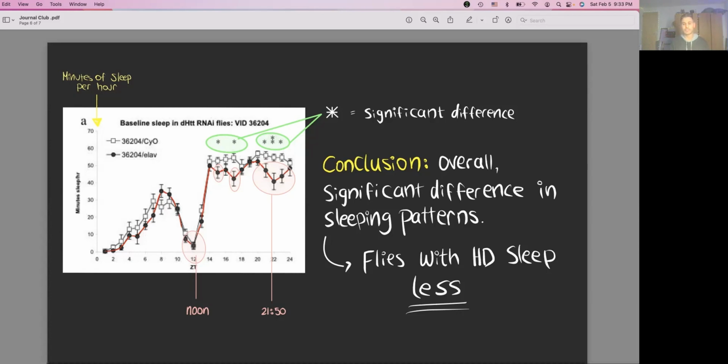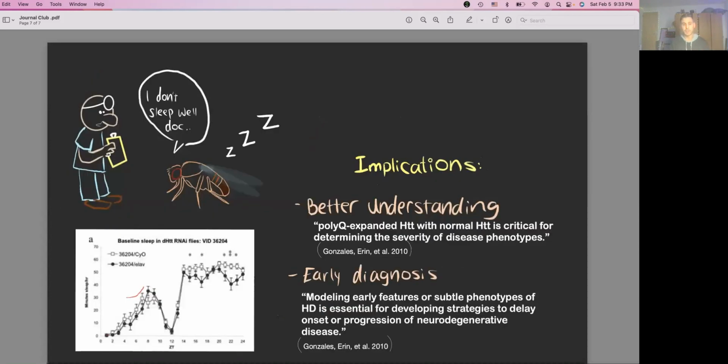So what does it tell us? Well, this experiment helps us understand Huntington's better. If this correlation is true, if sleep abnormalities get proven to be a phenotype of the disease, it can help us determine the severity of the disease in its very early stages and as it progresses. So this early diagnosis is cardinal to help delay the outbreak of the disease in the body, or at least slow the progression. And that's it, a very